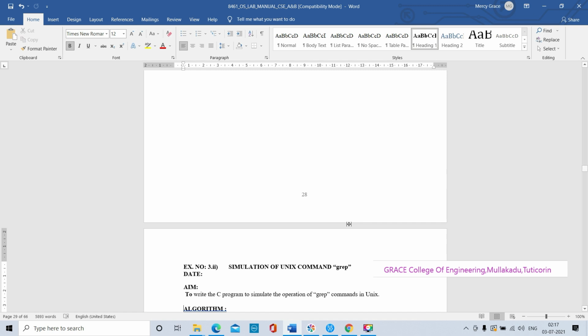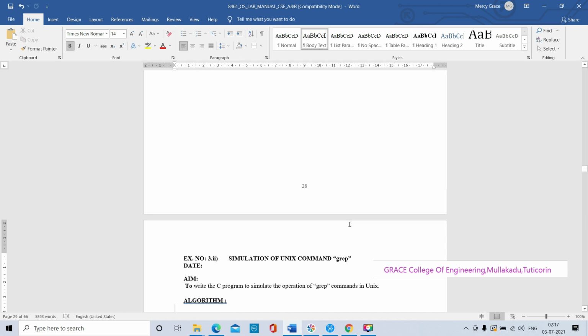But here the title is simulation of Unix command. Without using the command ls or without using the command grep, we will do those functions. What the grep command will do, those functions will be done by C programming.